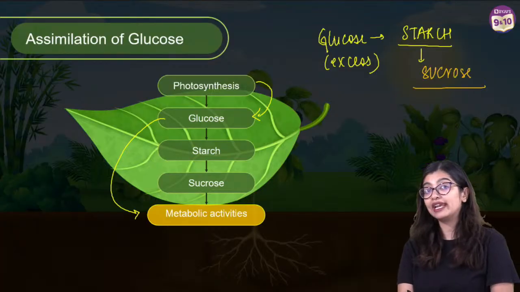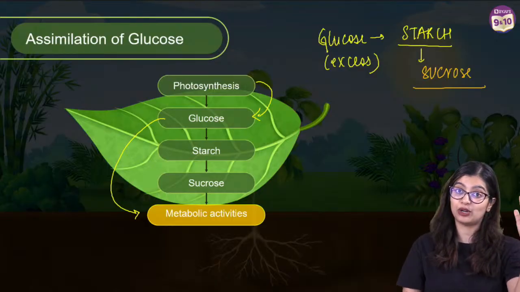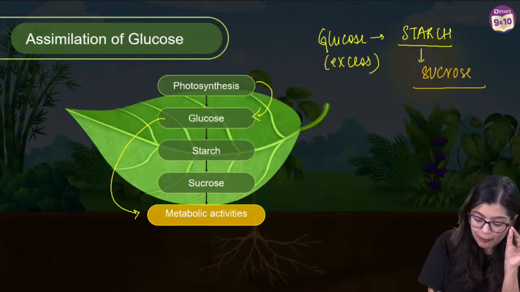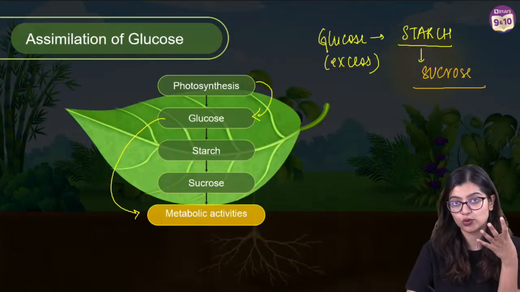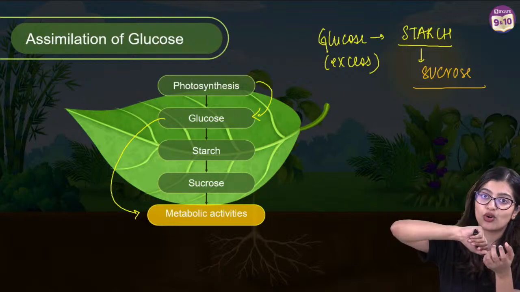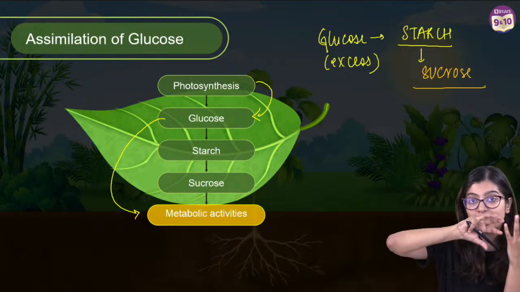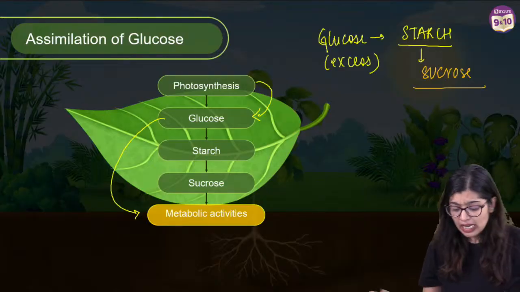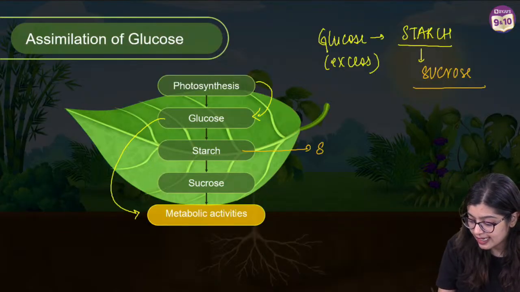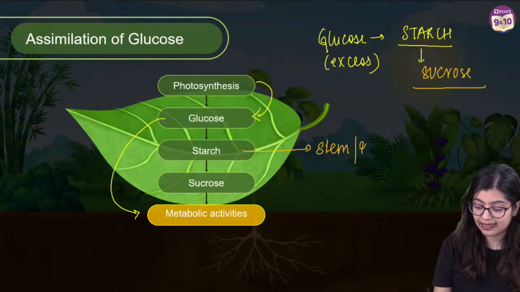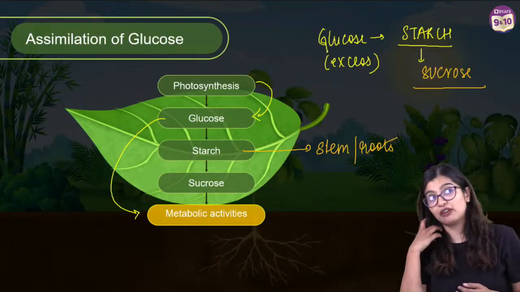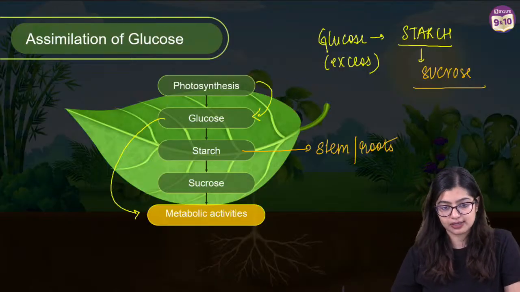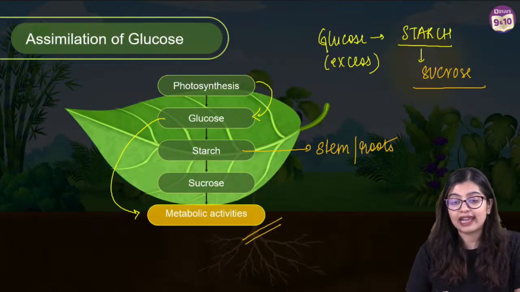Now, why is this concept of sucrose important? When you learn transportation, when you learn phloem, xylem and all, you will realize that plants are not transporting it as glucose. They are only producing food in the form of glucose. But it is transported as sucrose, and it is stored as starch. So they make it into a more complex form, which makes it easy. Yes? Now, where does this get stored? This gets stored sometimes in the stem, it can get stored in the roots, starch can be found even in the fruit, right? It can be stored in different parts. And it's used for various metabolic activities.